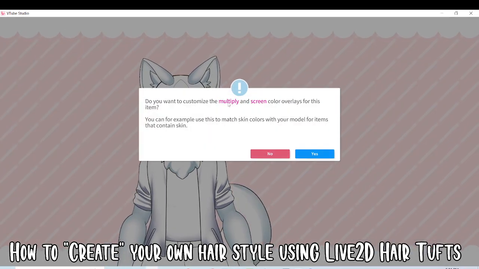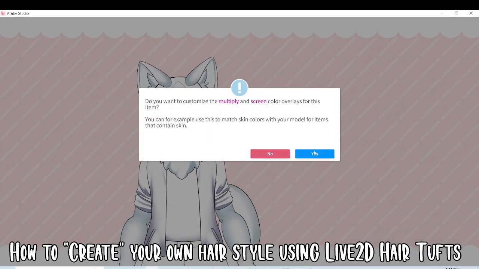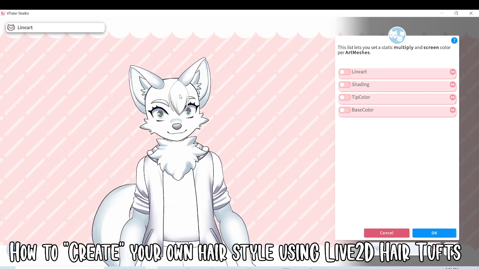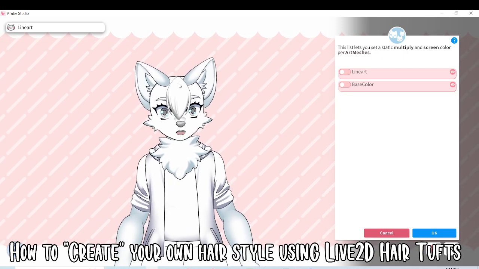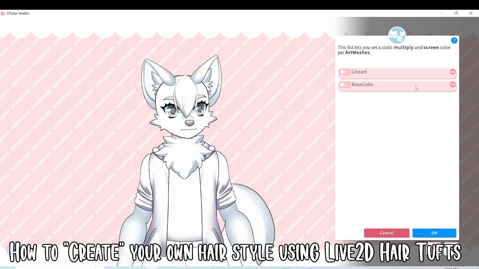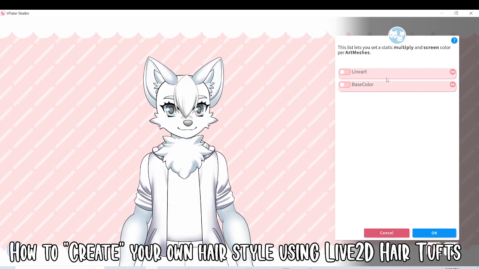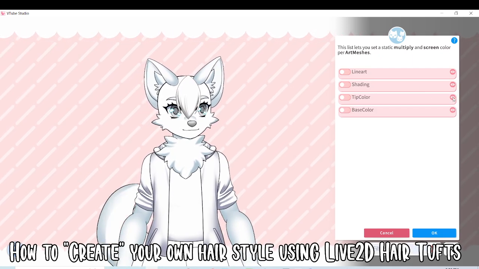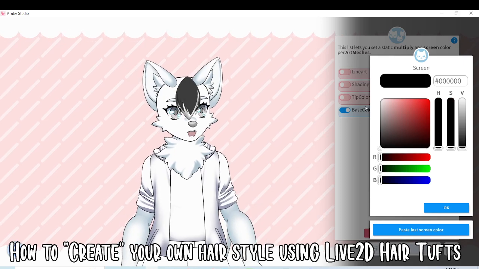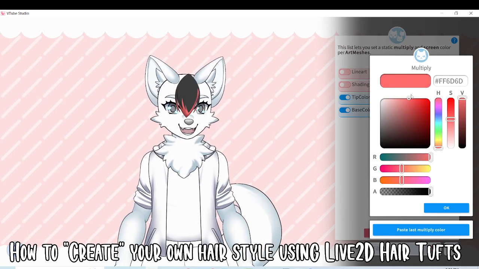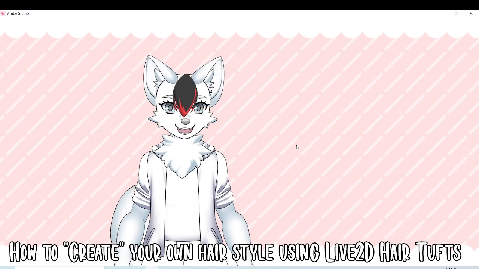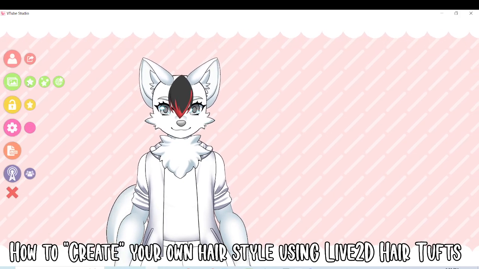And then it's going to ask, do you want to change the colors? Do you want to customize multiply and screen colors? You want to hit yes. And each strand I draw, they're white, so they start with the white color. And so you have the base color, and then there's also a hair tip color. So we can do like black hair, red hair tip. I'm going to hit OK. And then I'm just going to keep adding more strands,